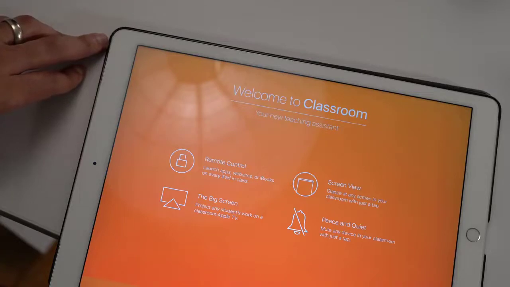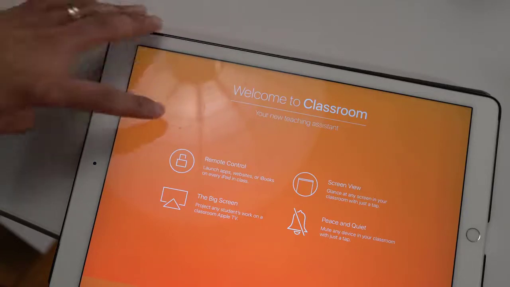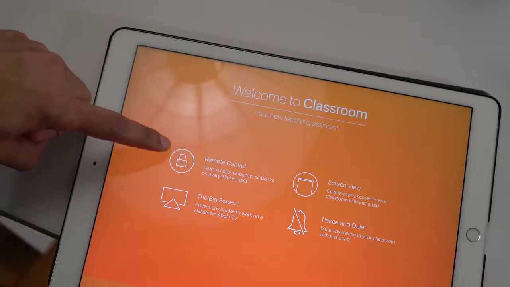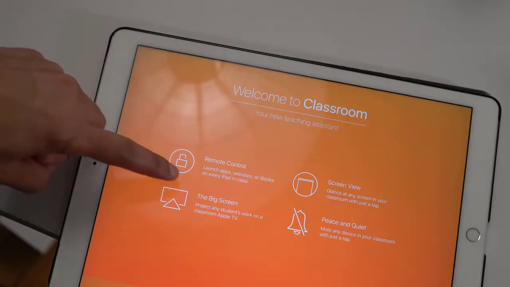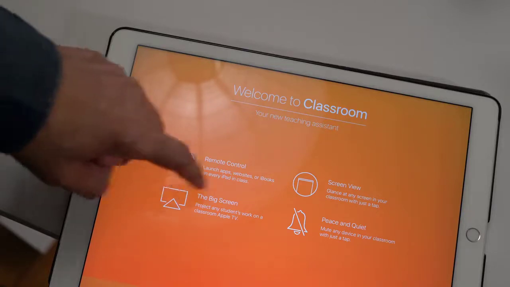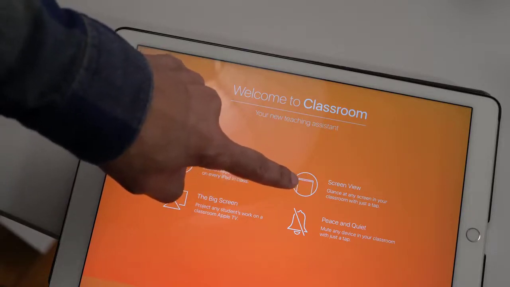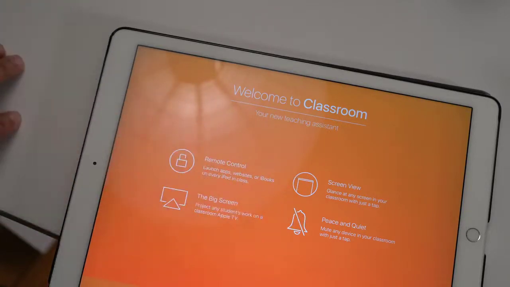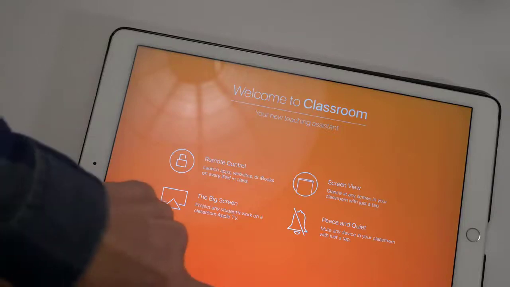app. And of course, we're going to talk about some of the headlining features in the Welcome to Classroom splash screen. So you have remote control, you can launch apps, websites, iBooks on every iPad in class. There's a new big screen feature which allows you to project students' work on a Classroom Apple TV. There's Screen View, which will let you glance at any screen in your classroom. And then there's Peace and Quiet, a new feature that lets you mute any device in your classroom with just